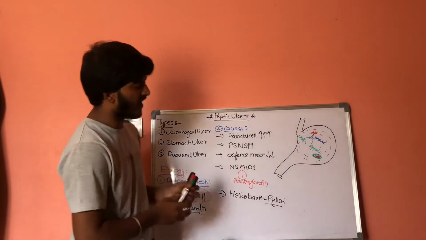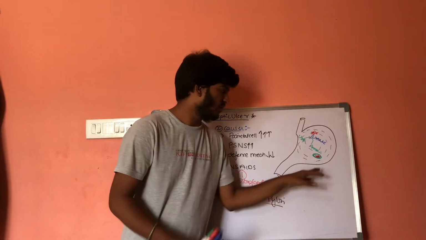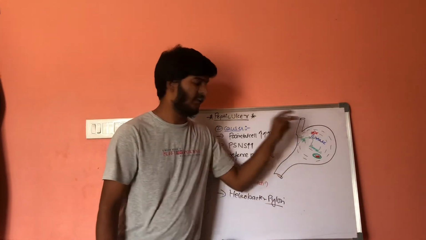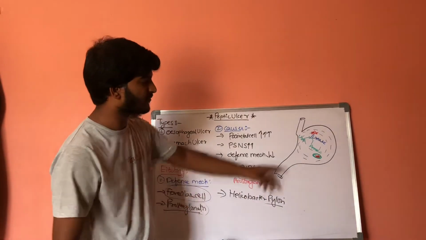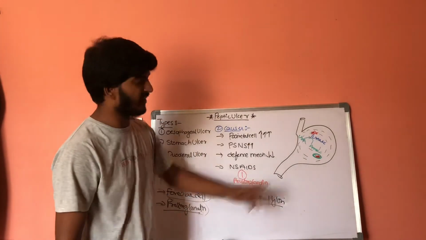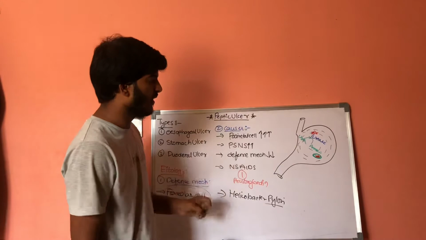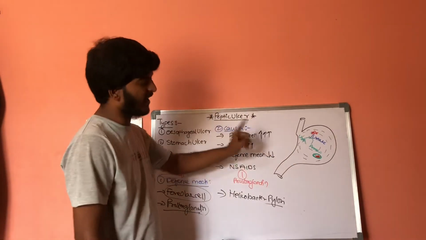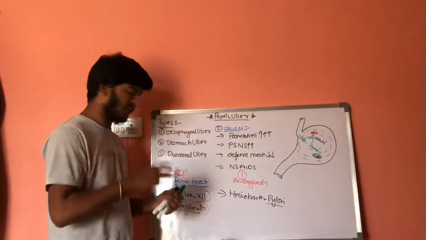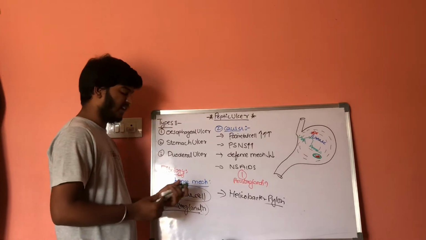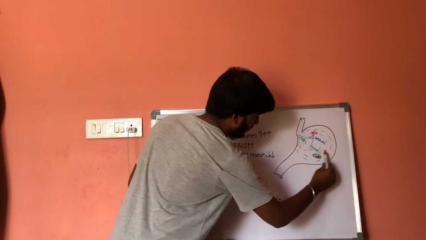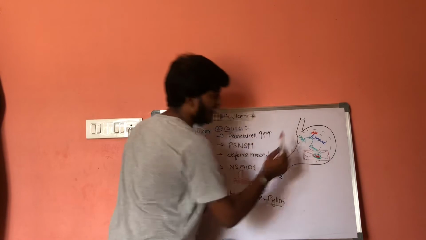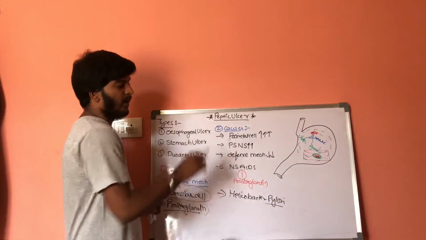This ammonia is alkaline in nature, so the bacteria cannot be destroyed by the acid. As a result, it increases the production of HCl. So, there is a special class of pharmacology acting in this area. There is a special group of drugs which will work on this bacteria and inhibit the synthesis and survival of bacteria.